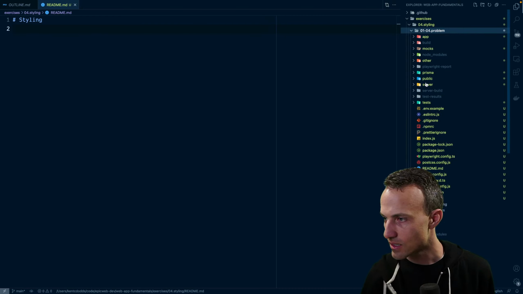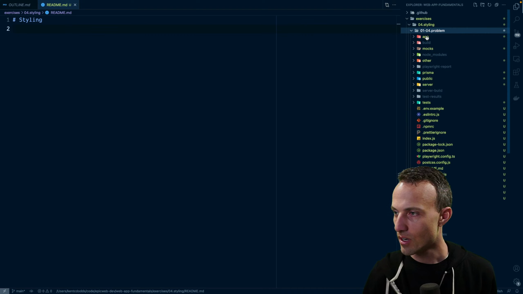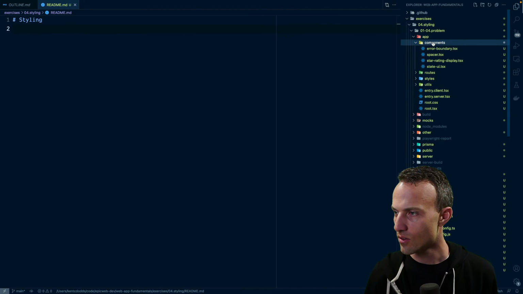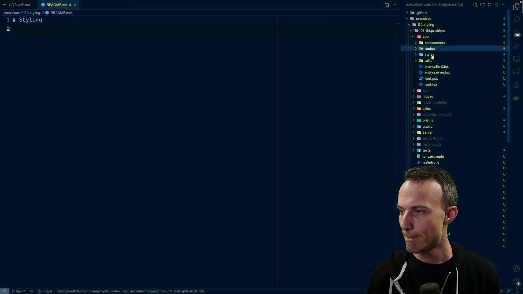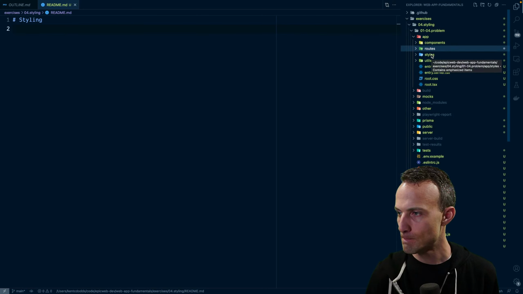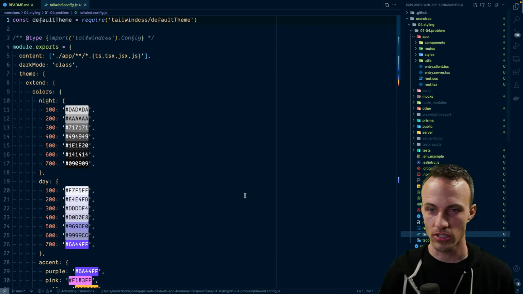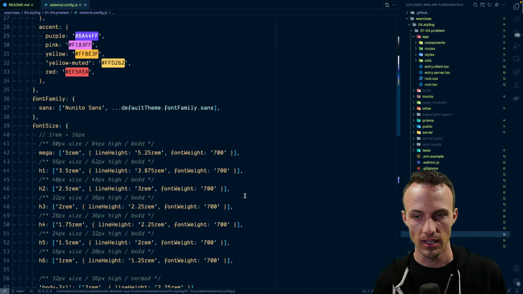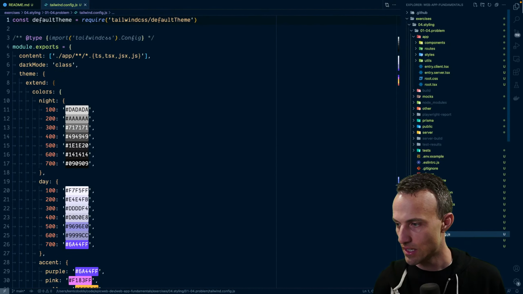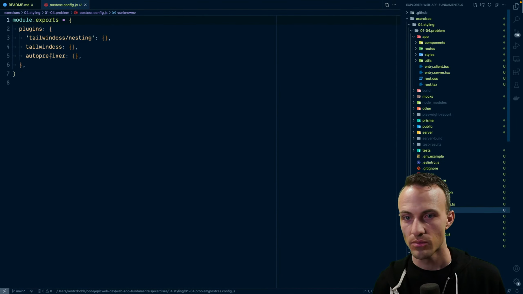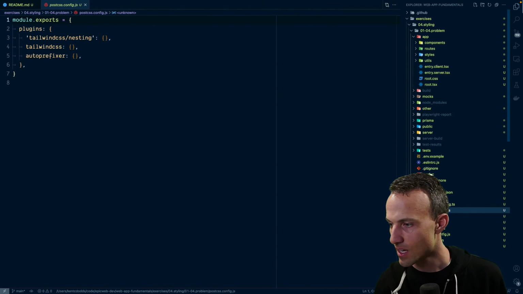Let's look at all the styling stuff we're doing. So we do have, yeah, we've got our Tailwind config. I'm not going to show you how to configure Tailwind. We may do like a tutorial or something like that, but no, not in a workshop. No thanks. PostCSS, yeah, not doing anything with that.